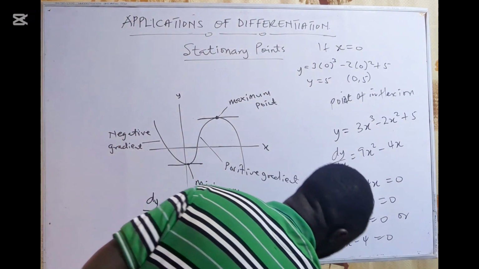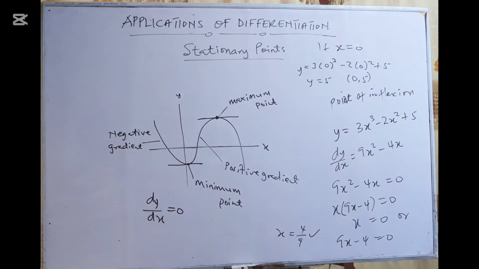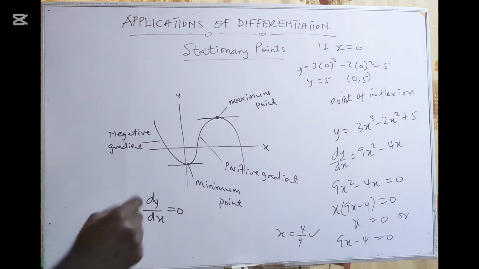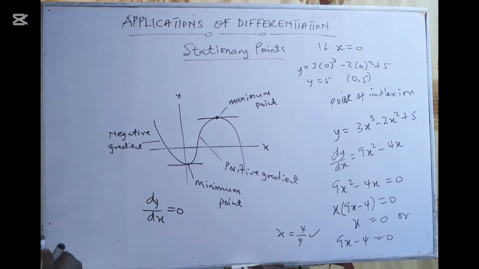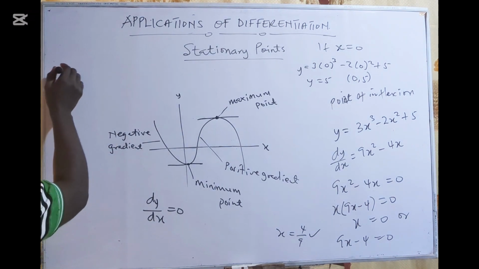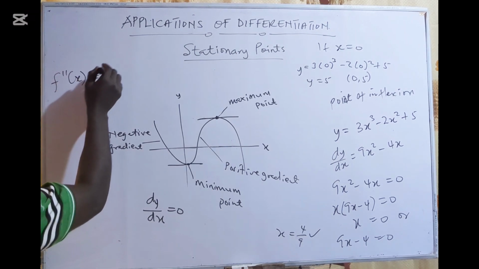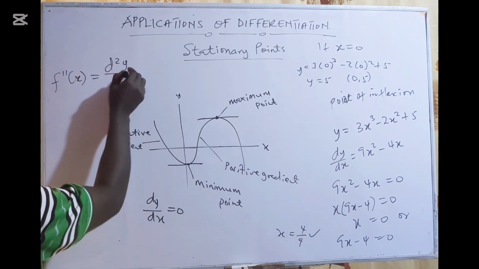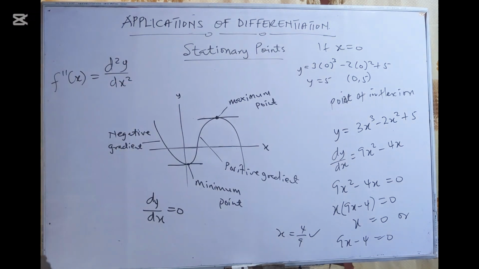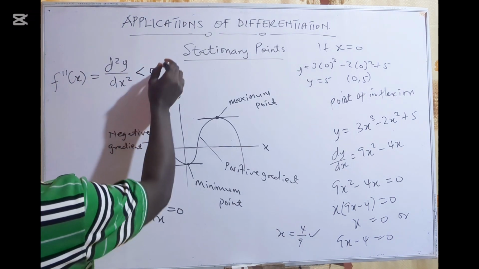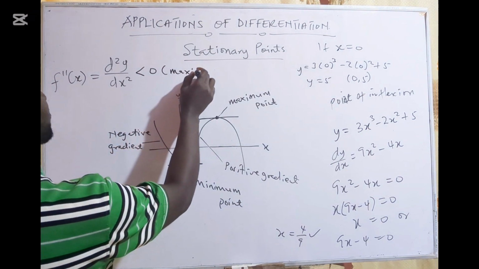Alright. So if you want to get the maximum or to know the point which is maximum or minimum, then what you do is that what? You further differentiate. Alright, you further differentiate. So if I further differentiate, which is f prime prime of x, okay, we know that's what? The d squared y over dx squared. Then you further differentiate. So if I further differentiate and then I get it to be less than what? Less than 0. Then that point is what? The maximum